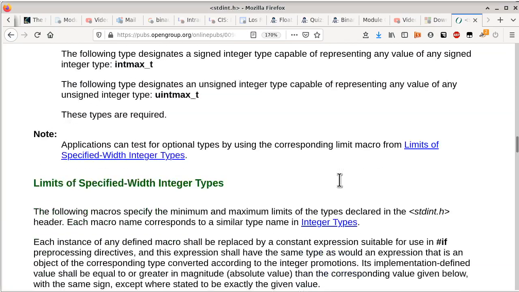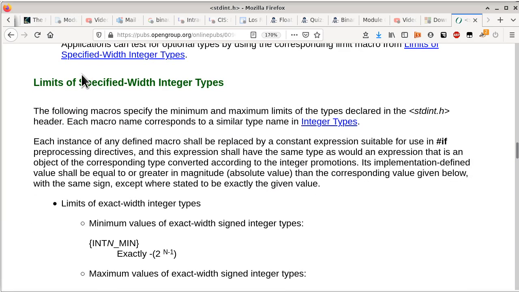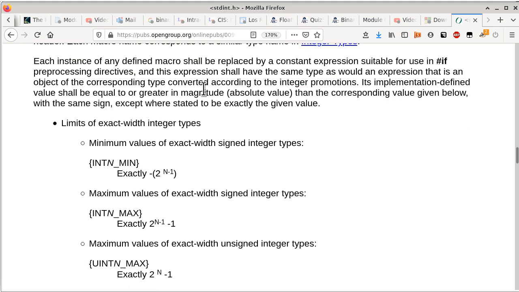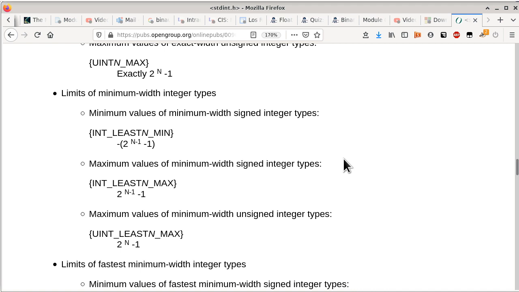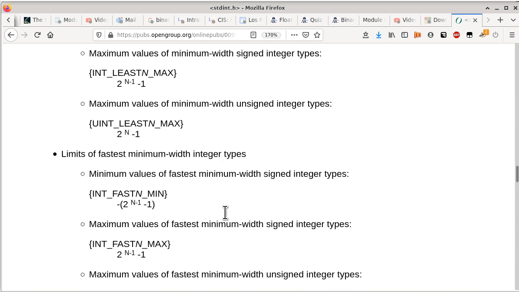And somewhere there's a limit. Okay, there we go. Limits of specified-width integer types. Okay, and then you keep going. Now these are the equations that I have already talked about. That should not come as a surprise because we did talk about these ranges when we talked about signed representation versus unsigned representation. And then it talks about limits of minimum-width integer types, and limits of fastest minimum-width,